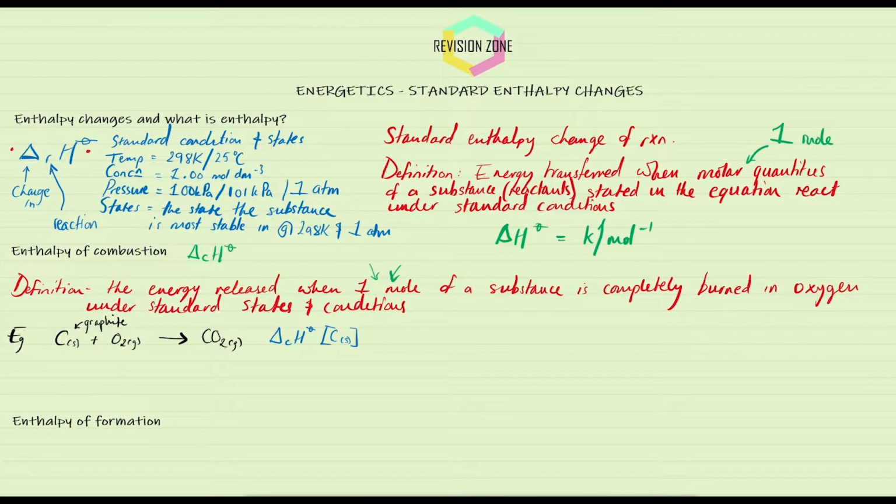Now, the other example we can use is hydrogen gas, and oxygen gas. That gives us water, liquid, standard state. This is the state of water in these conditions at the top that we have, forget the concentration, but the temperature and pressure as required. So basically referring back to this statement here, in terms of this, the descriptor would be delta CH standard